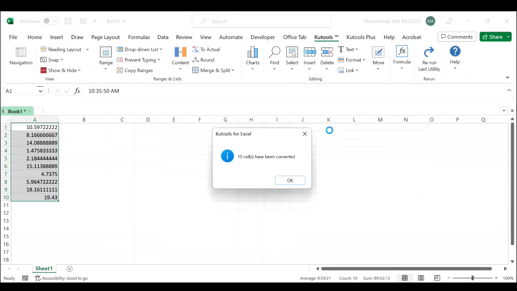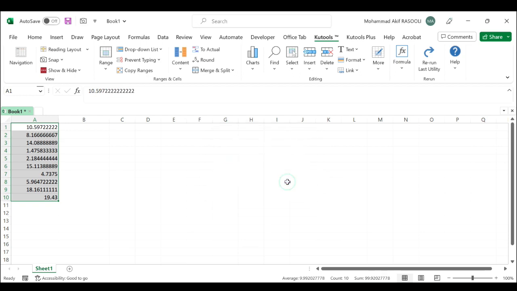Then a dialog pops out to remind you of the number of converted cells. Click the OK button to close it. And as you can see, all the selected time has been converted. And if you want to save the converted decimal in another location,